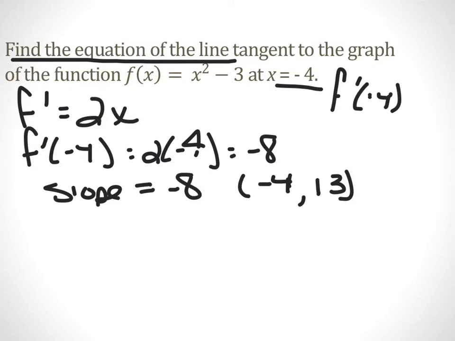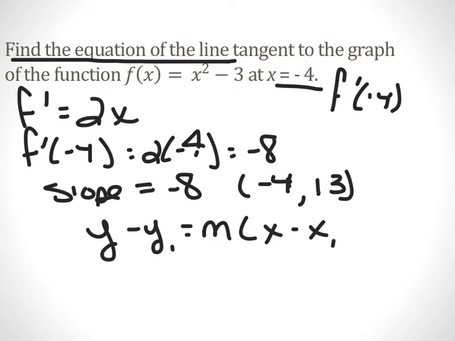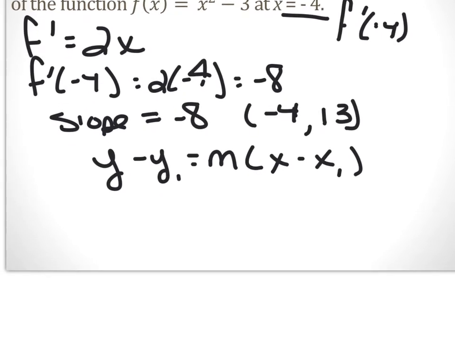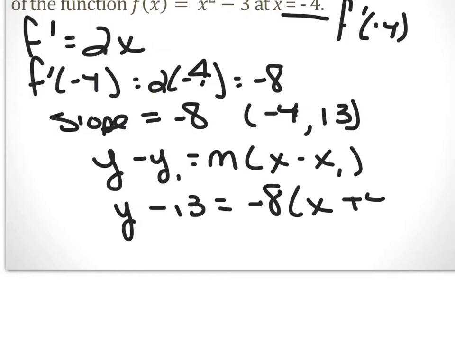Now we can do this two ways. We can use y minus y1 equals slope times x minus x1. That's a popular way. Other students will go and use y equals mx plus b to find the b. Let's go ahead and substitute the y in, which is 13, equals the slope times x minus the x value, so plus 4. Y minus 13 equals